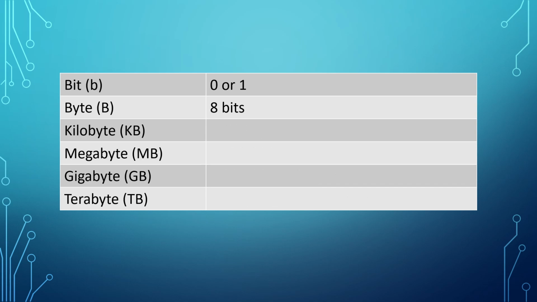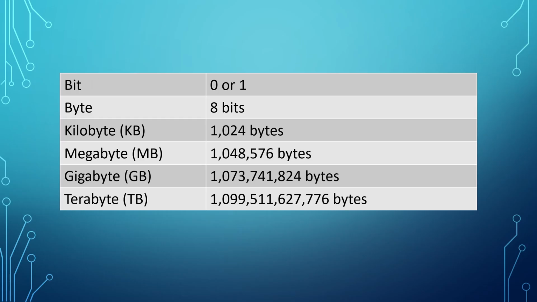If you want to get technical about things, a kilobyte isn't exactly 1,000 bytes. This has to do with how binary works. A kilobyte is actually 2 to the 10th power, or 1,024 bytes. A megabyte is actually 2 to the 20th power, and a gigabyte is 2 to the 30th power. If you ever see something about your free hard drive space or memory in use, and it's not a perfectly round number, this is why.